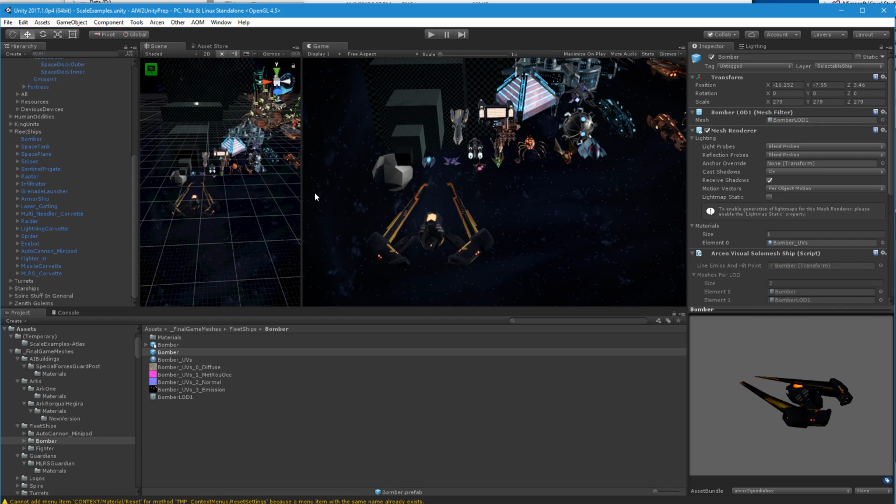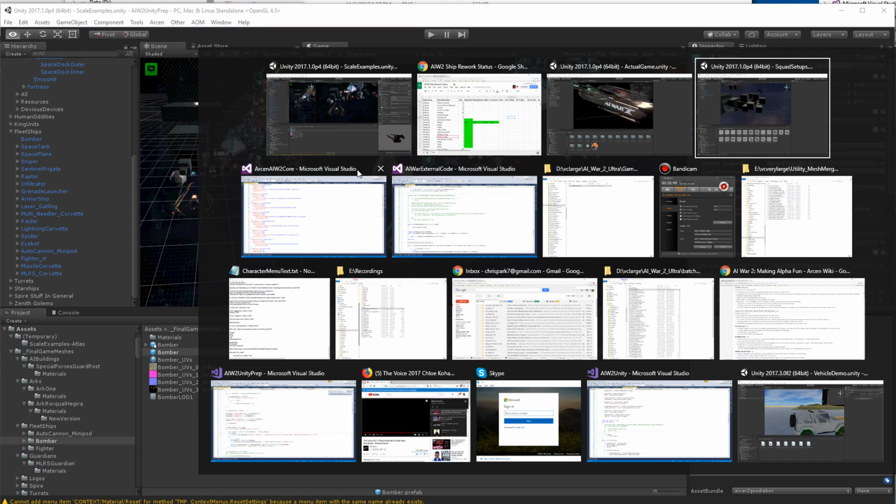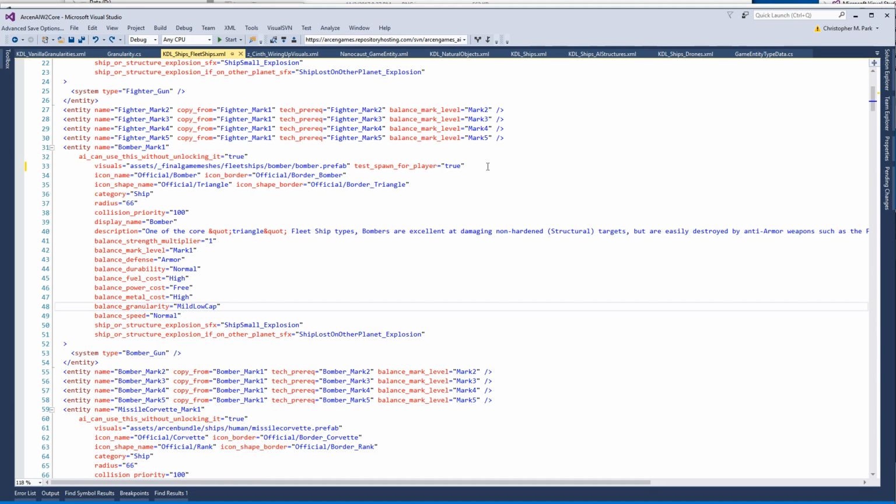And my very last thing that I have to do, which I forgot, is I have to take out test spawn for player,